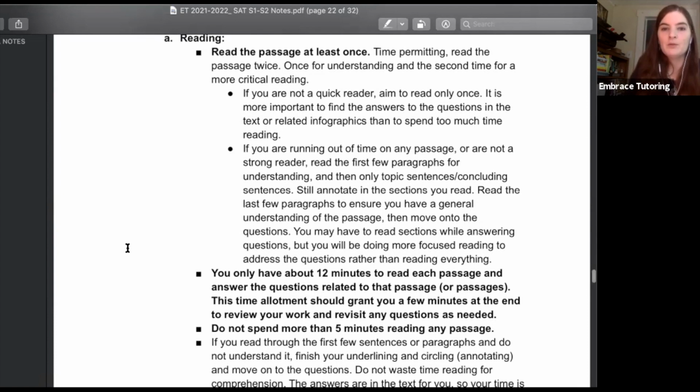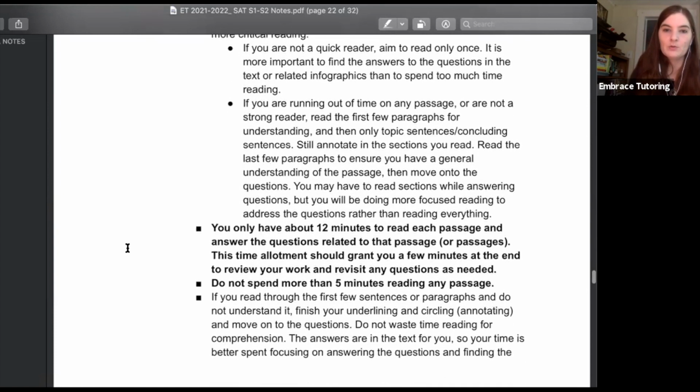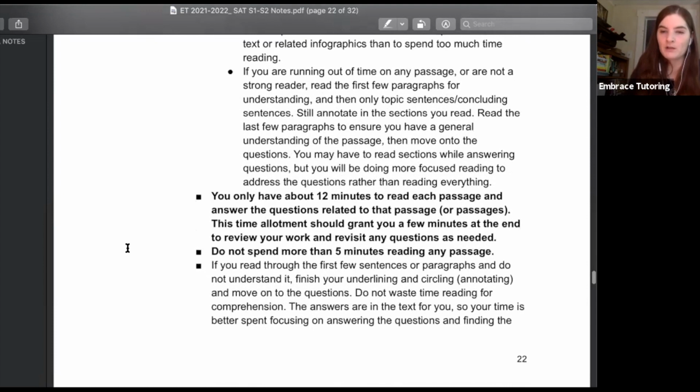So you want to be annotating as you read. You always want to be aiming to get to the questions, so never linger on the passages. If you're running out of time on a passage, which is what I wanted to recap here